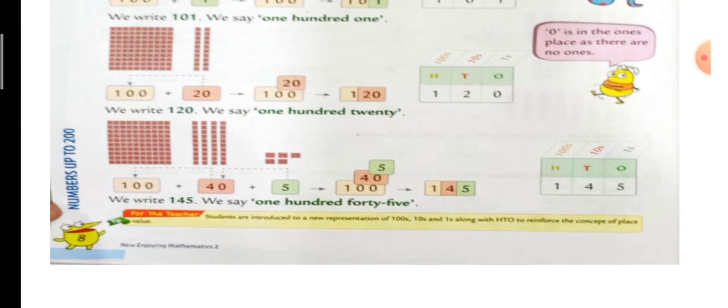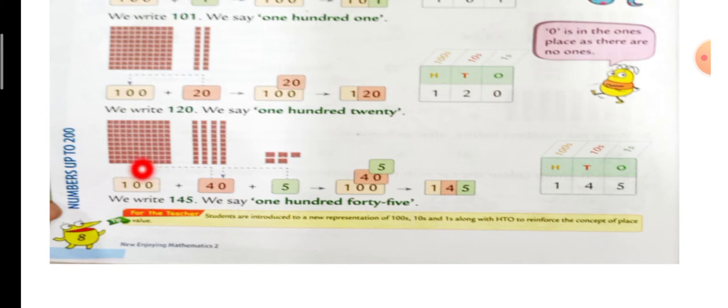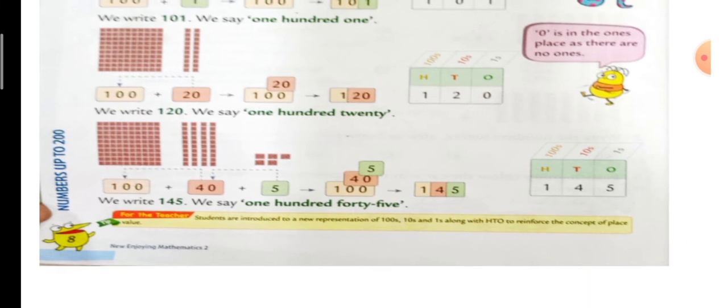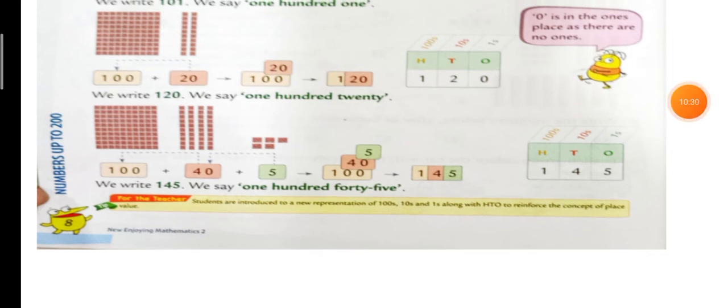Okay. Now the same way, when we have hundreds also, tens also, and ones also. So how many hundreds? We can see over here 100. Now here you can see that you have only 100s. So 100. Then how many tens? 1, 2, 3, 4. So 1 tens means 10, 2 tens means 20, 3 tens means 30, 4 tens means 40. We have written 40 over here. Okay. Now the loose ones. How many ones are there? 1, 2, 3, 4, 5.